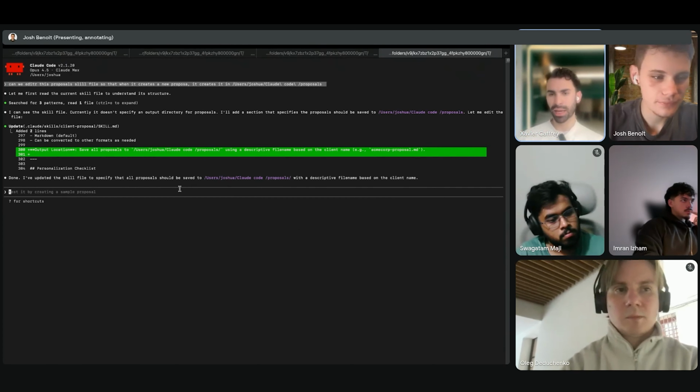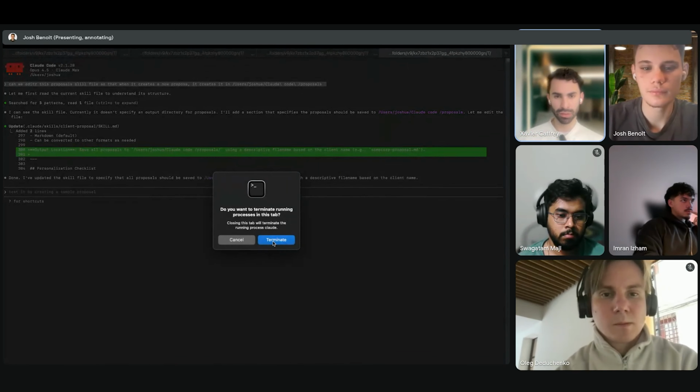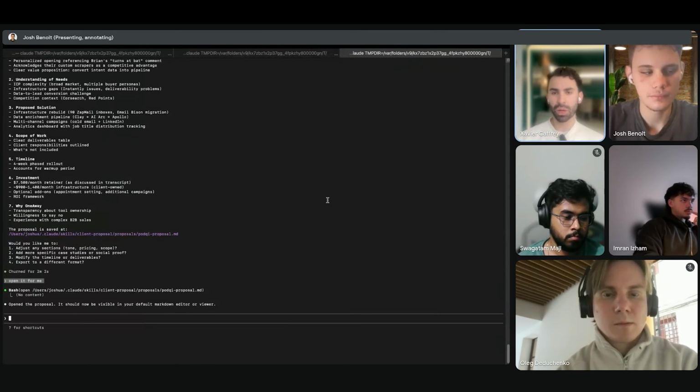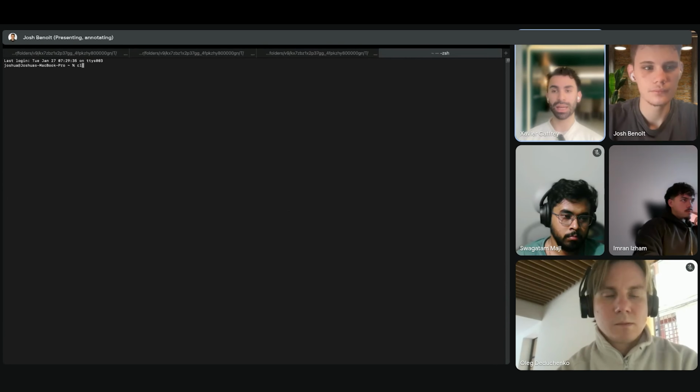Okay, so I updated the skill file. Awesome. Close this tab just so it doesn't get too convoluted. Yeah, just close it, terminate. So now what I want you to do is create another skill file. Now we're going to create a skill file to generate a visual proposal based on the branding style